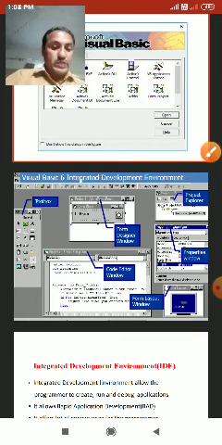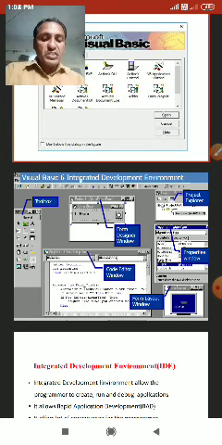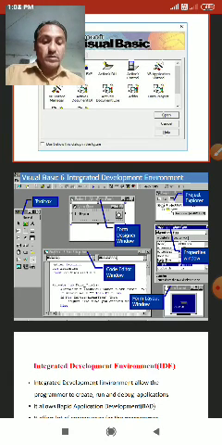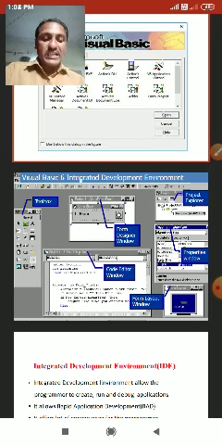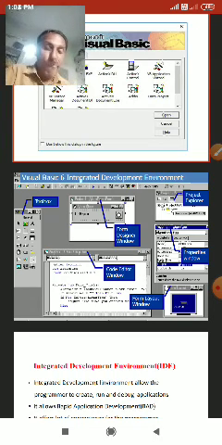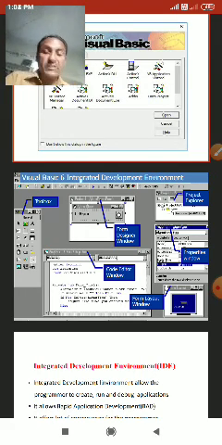The Visual Basic integrated programming environment consists of a toolbox, forms, project explorer, and the properties window.